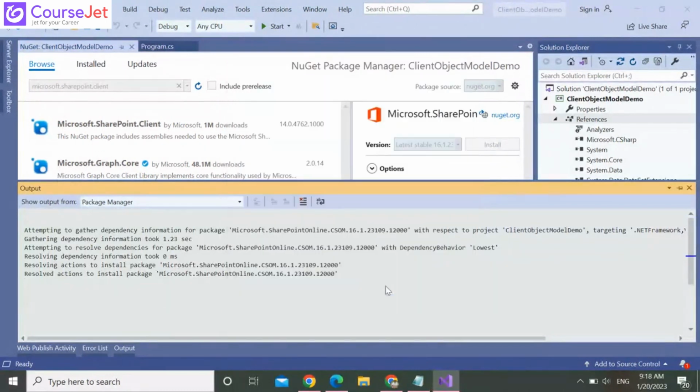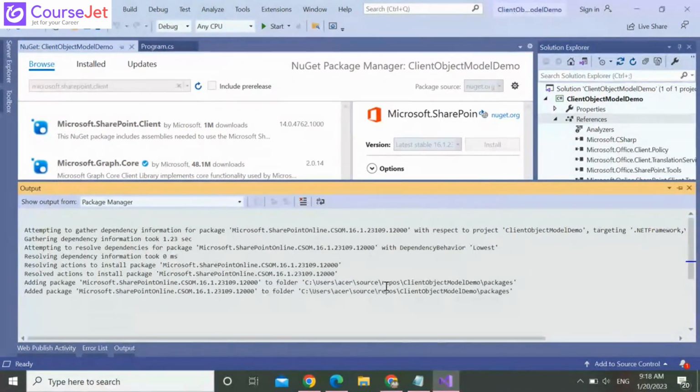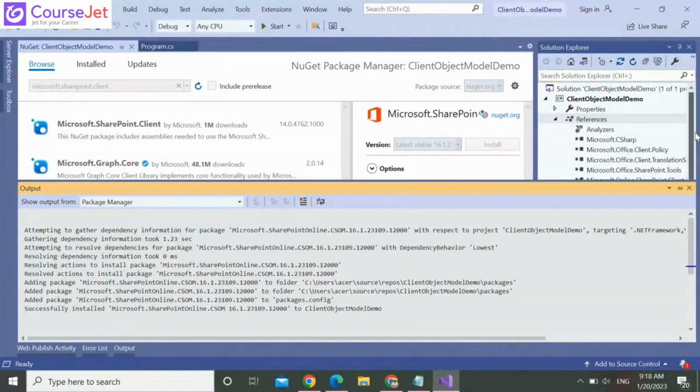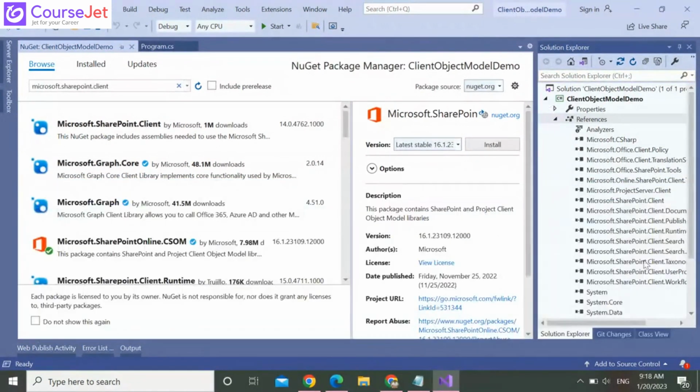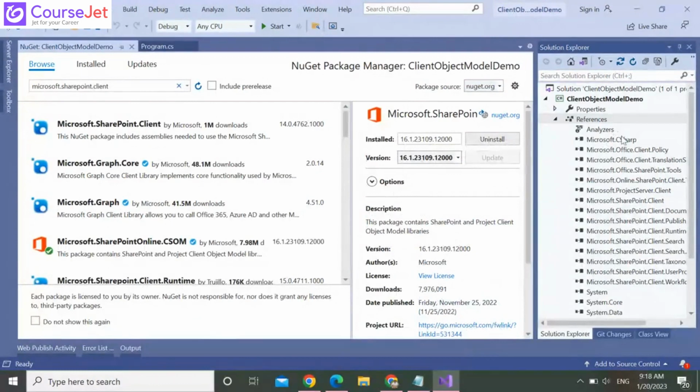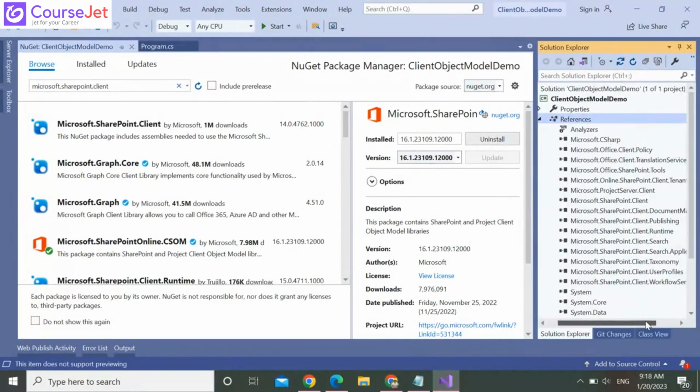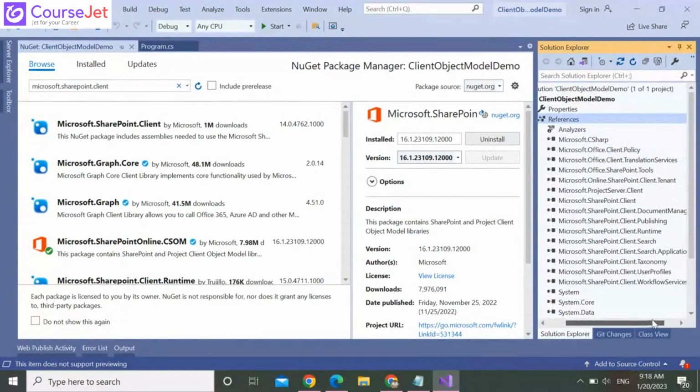License acceptance. I accept. You can see it has added many DLLs: Microsoft.SharePoint.Client, Microsoft.Online something, and Microsoft.SharePoint.Client.Runtime. For our list activity, we need Microsoft.SharePoint.Client and Microsoft.SharePoint.Client.Runtime.